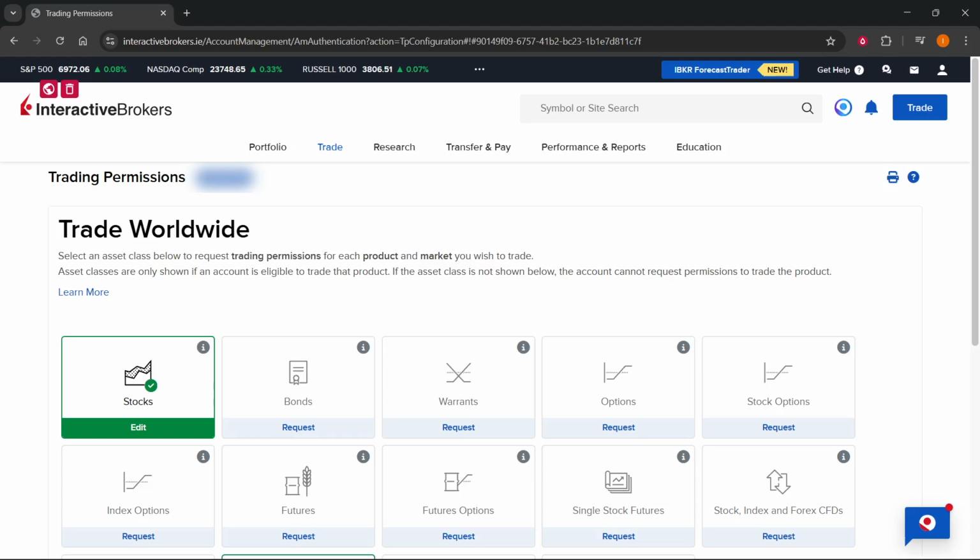In this video, I'm going to show you how to buy fractional shares on Interactive Brokers. Now, currently I'm here on the client portal on Interactive Brokers, and what you have to do first is actually